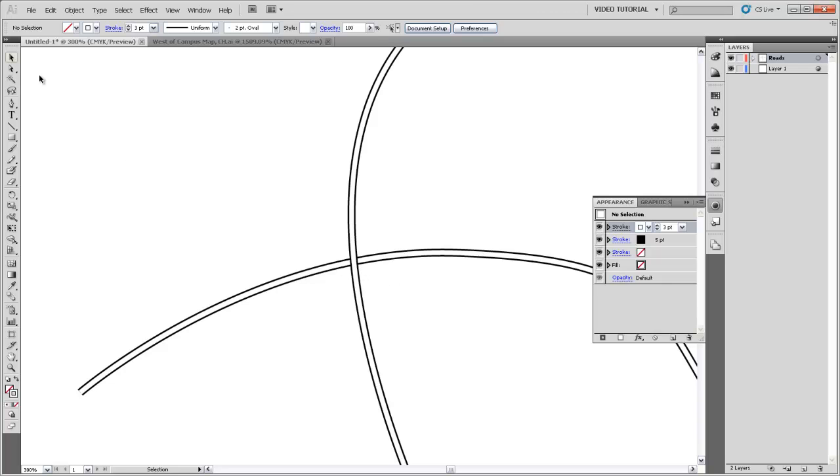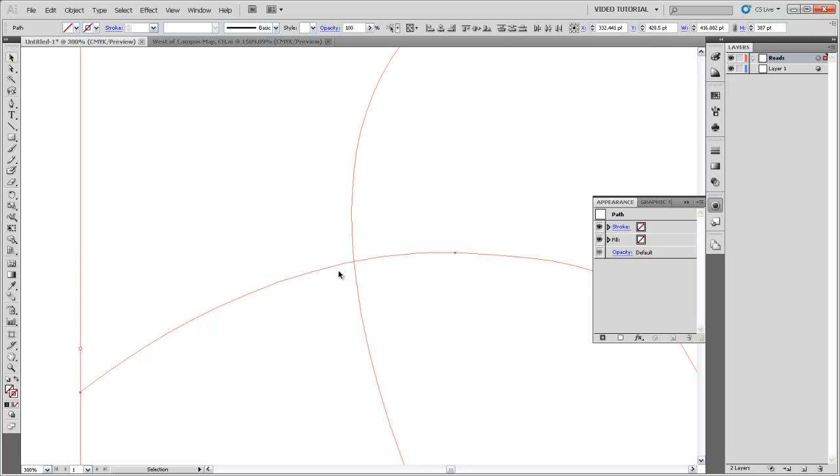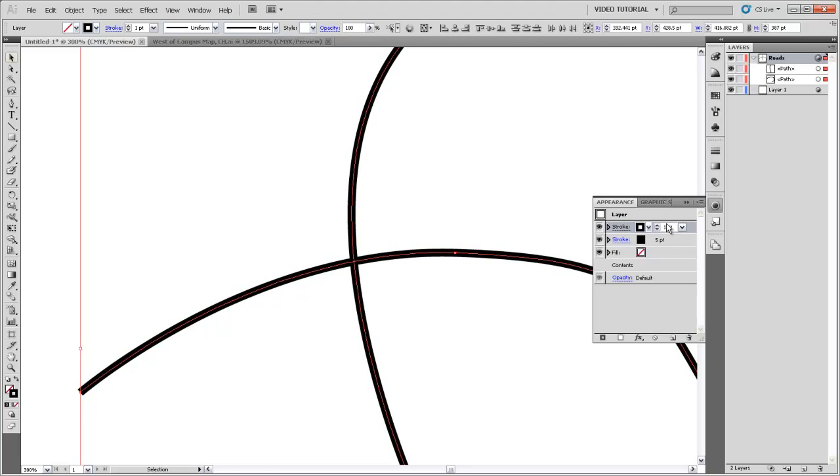So to solve that, I'm going to select both roads again, get rid of the strokes that I applied to them as individual paths, and come over and select the layer that they're in and apply. So I'm selecting the layer button there, and then I'm going to apply paths to the appearance of the layer. Oops, I only need two. So I'll make that bottom one, as I did earlier, a little bit wider,